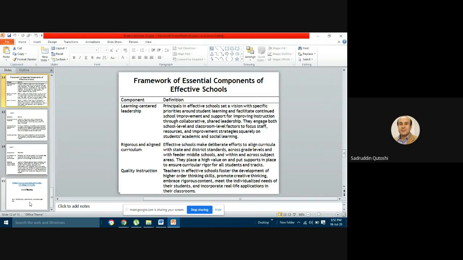So you need to be very reflective. You need to be very conscious about what kind of instruction is in your school, and what are the approaches, teaching approaches, instructional approaches, pedagogical approaches. These carry different meanings. In effective schools, what kind of pedagogical approaches are they using? So do you have the same set of approaches? If you do not have that level of quality of instruction, then you need to develop some sort of programs which ensure this sort of